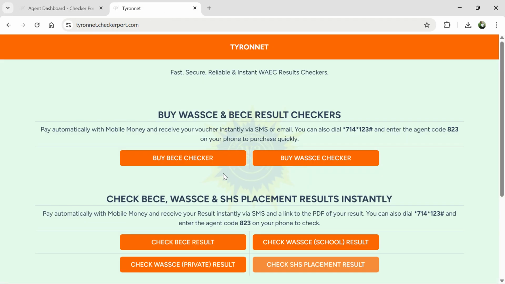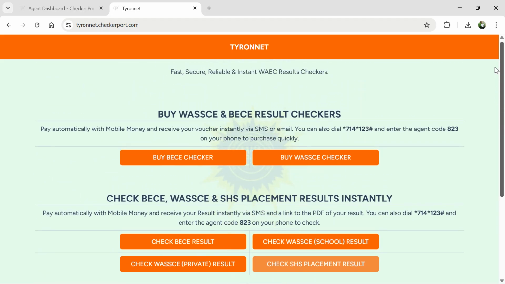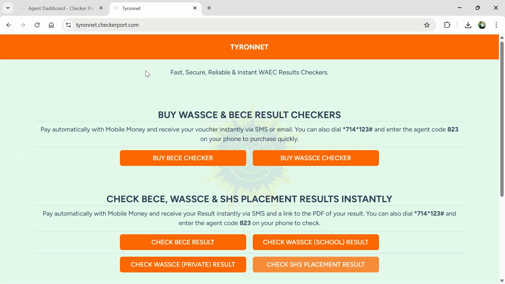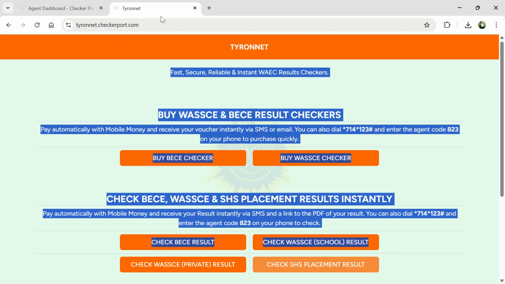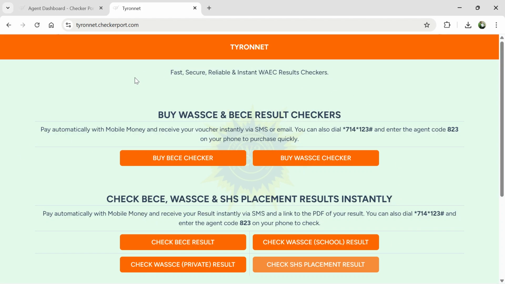You get it? So when everybody comes in here, this is where they are going to buy the checker from. Now this link is for online users. So assuming someone wants to buy a checker, but the person doesn't have access to the internet, that's where they will use the USSD code. So they will dial